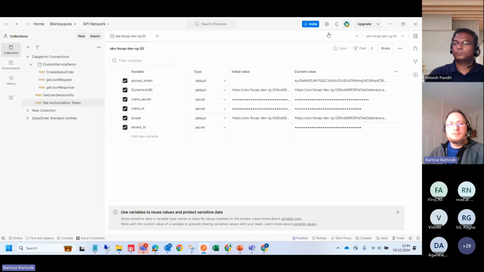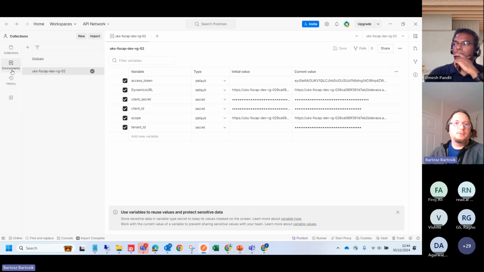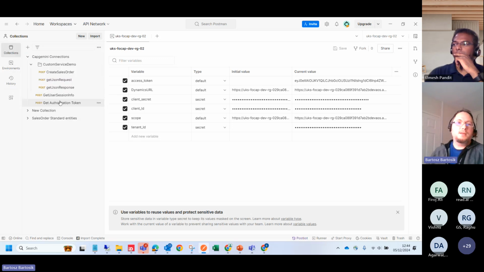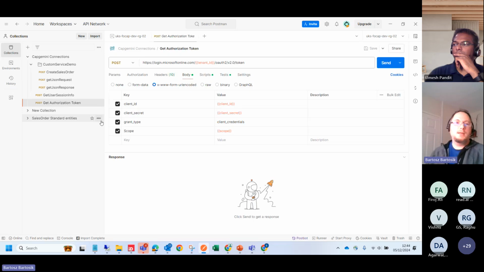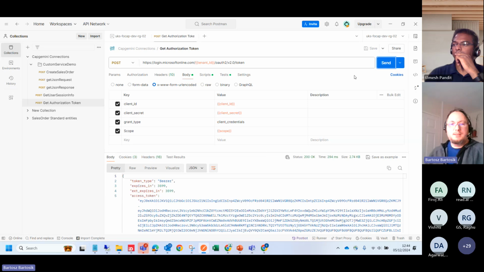So this is the exact environment which was on the PPT deck. We have all the values. We have specific collections as well. The first thing we always have to do is get a specific authorization token. Again, it's exactly the same as on the screenshot in the presentation. If I send that,